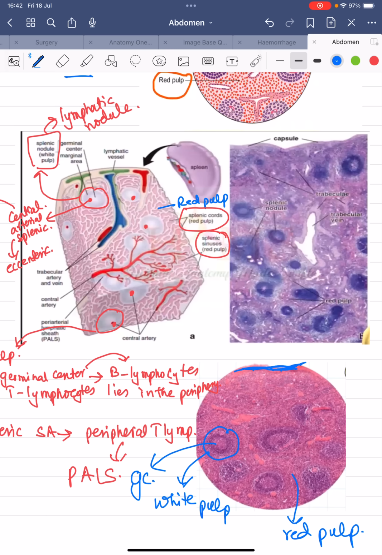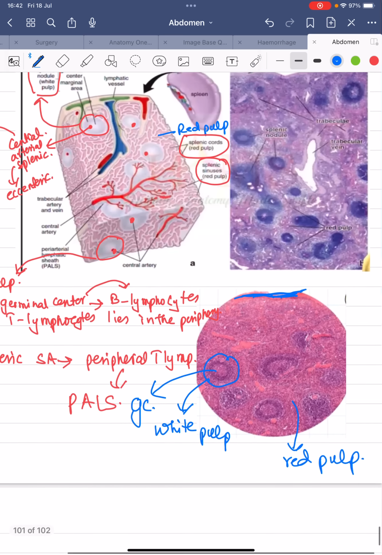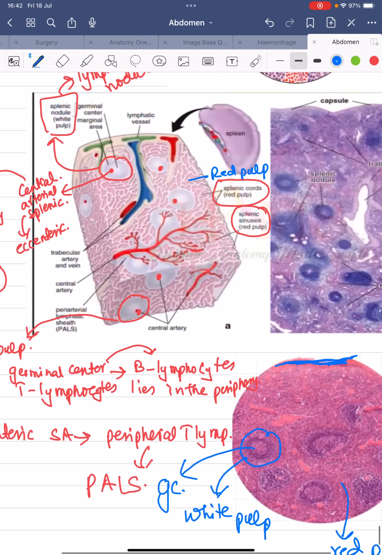Red pulp, white pulp. So what do the red pulp and white pulp consist of? They consist of splenic cords and splenic sinusoids. So what are the functions of these red pulps? See here,